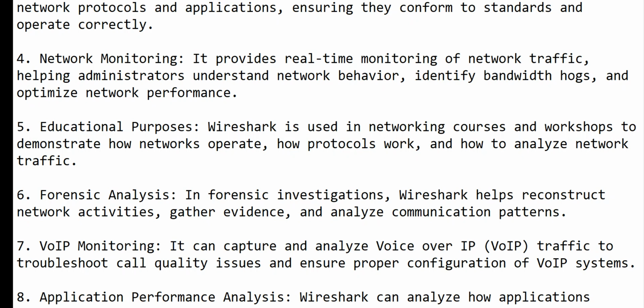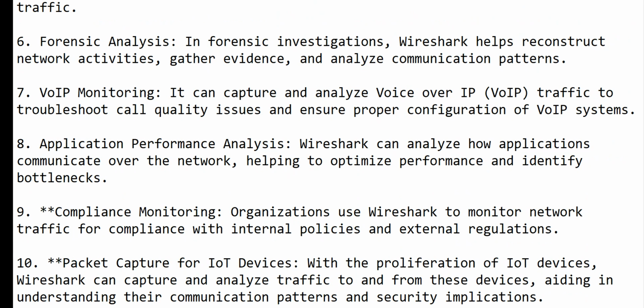In forensic investigations, Wireshark helps reconstruct network activities, gather evidence, and analyze communication patterns. Number 7, VoIP monitoring or Voice over IP monitoring. It can capture and analyze Voice over IP (VoIP) traffic to troubleshoot call quality issues and ensure proper configuration of VoIP systems. Number 8, application performance